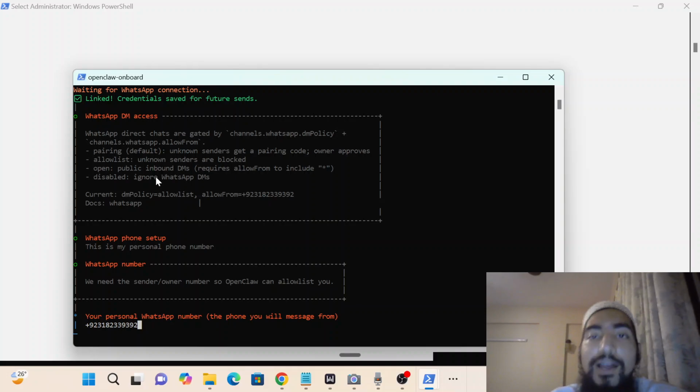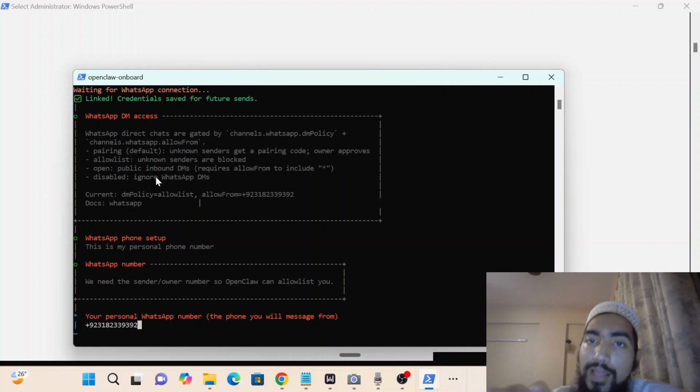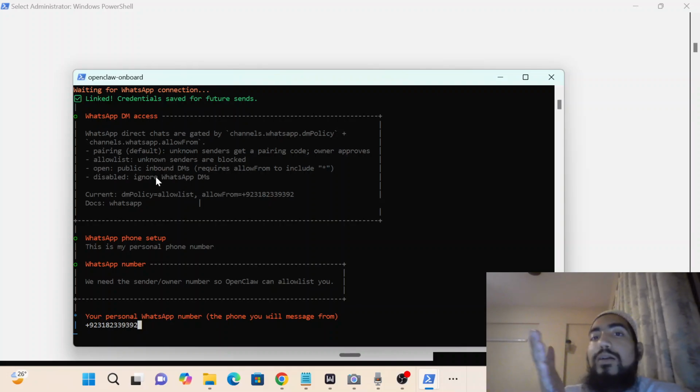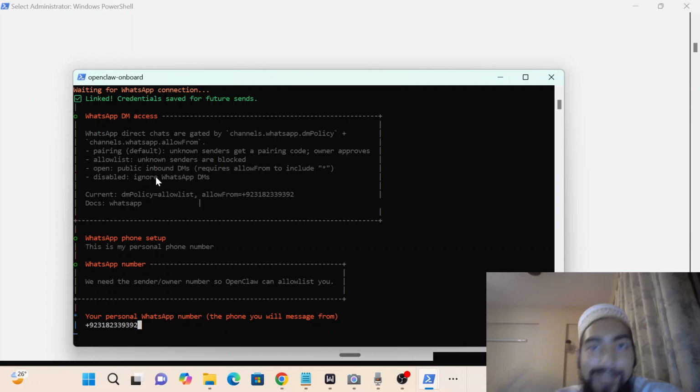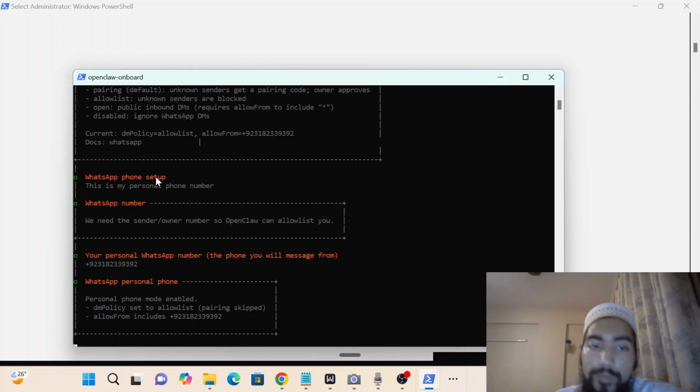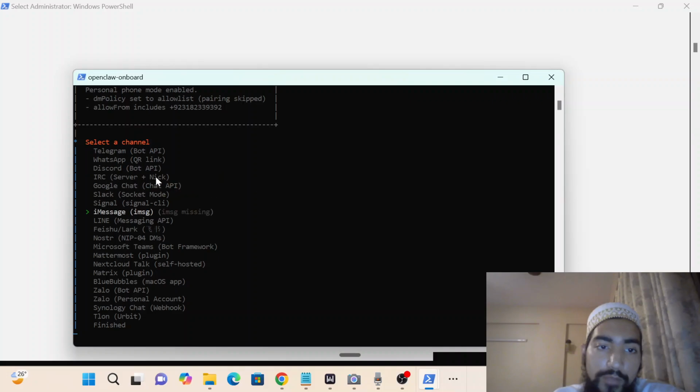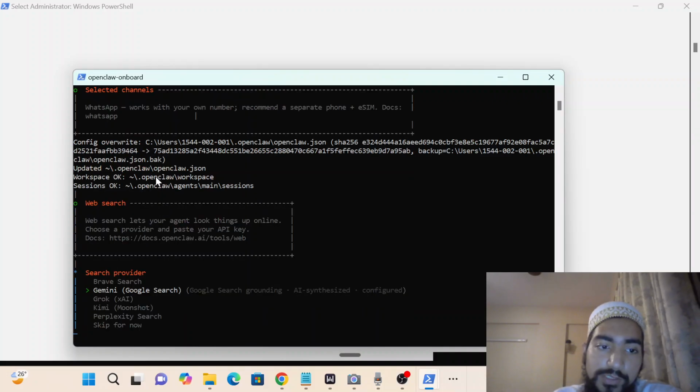So for now, I have made the policy the allowed list, only allowing my number to give orders or communication access to OpenClaw. So that I'll message myself, OpenClaw is going to answer me. And hooray, we are finished. The bot set is